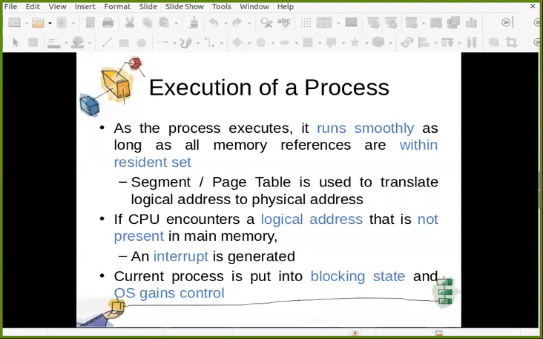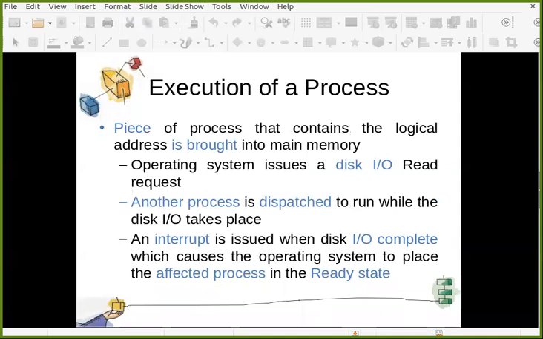In that case, an interrupt will be generated, and your process which is running is put into the blocking state, and the OS gains control. The piece of the process that contains the logical address which generated this interrupt is brought into the main memory.